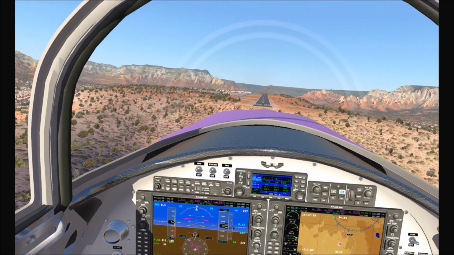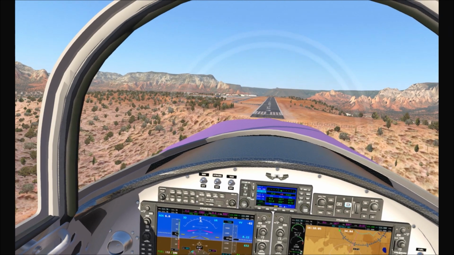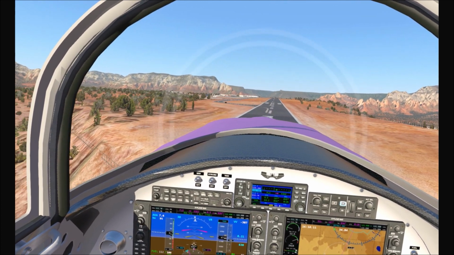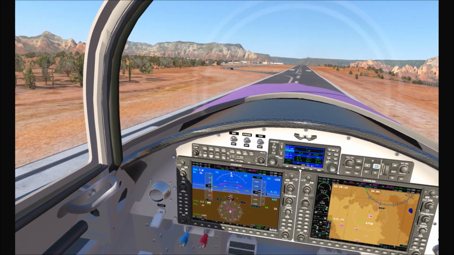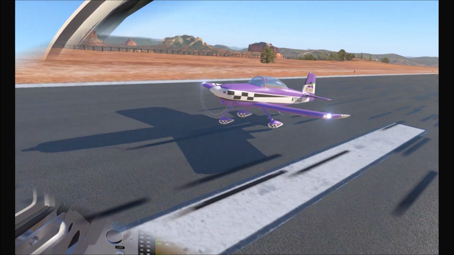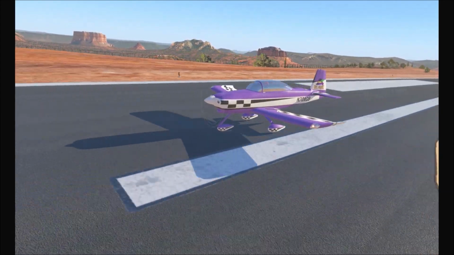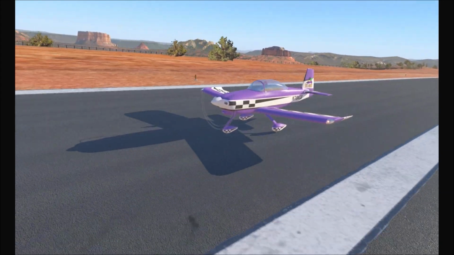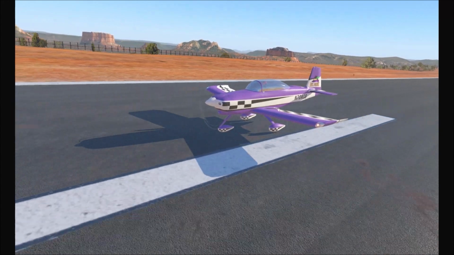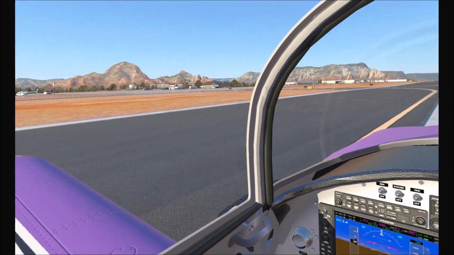Alright, ladies and gentlemen, strap yourselves in and welcome to Sedona, Arizona. Alright, let's see if we can bring her down nice and easy here. We're a little bit below glide slope, and I know that can be fatal in cases if you're not paying attention, but I think we've got it. So we're just going to gently ease her back. Alright, we made it, and I think this is our turn off here,